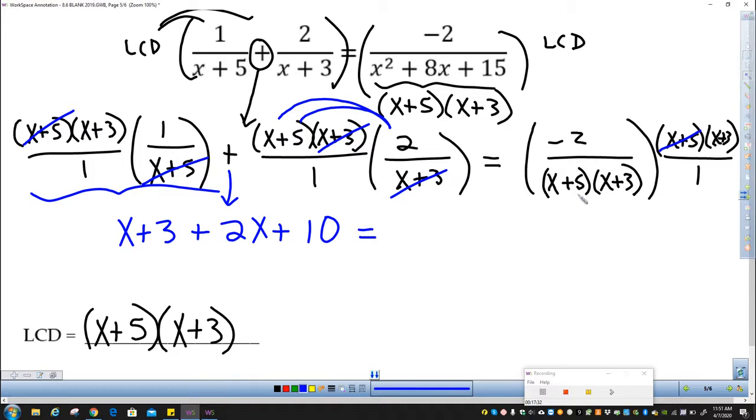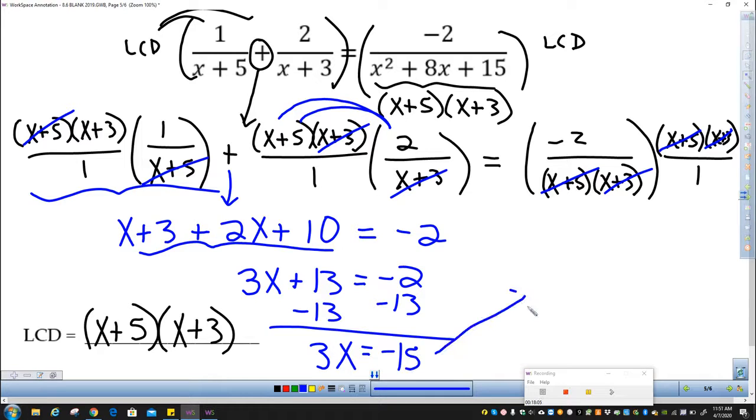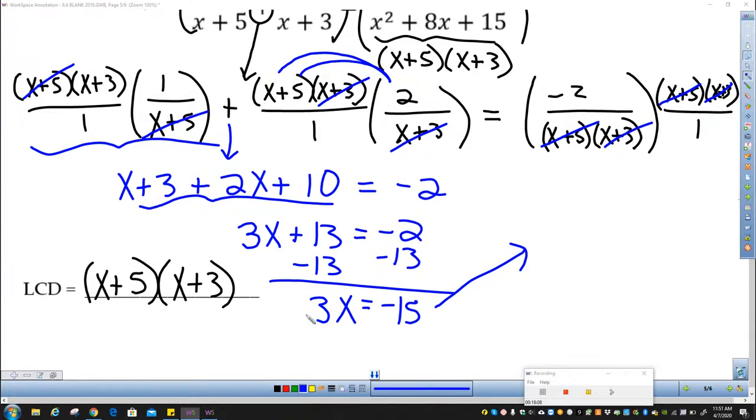On the other side, the x plus 5s are going to cancel. The x plus 3s also cancel. I love that one. And we're just left with the numerator, which is -2. Hey, look, it's not quadratic. It doesn't involve an x squared. So all we need to do is get the x's together on one side and the numbers together on the other side. Let's first combine like terms on the left. So this is going to simplify down to 3x plus 13. Let's go ahead and just subtract 13 from both sides. And then we're going to divide everything on both sides by 3. So -15 divided by 3